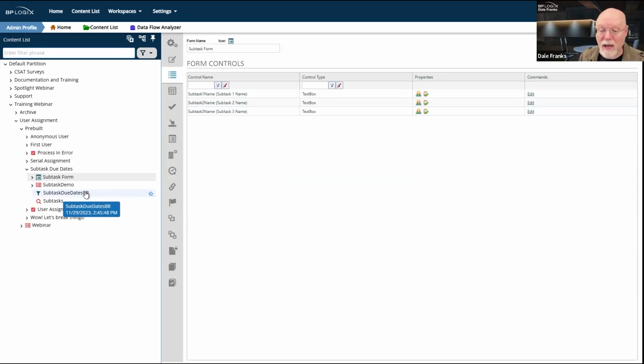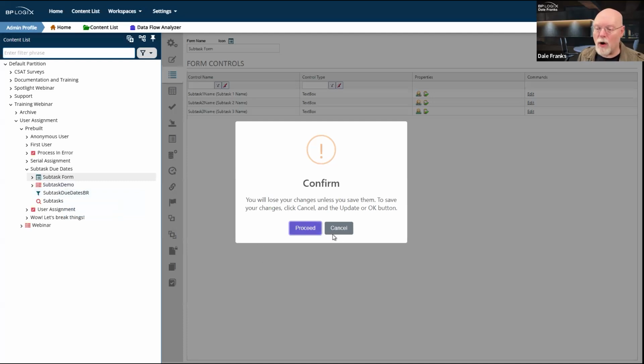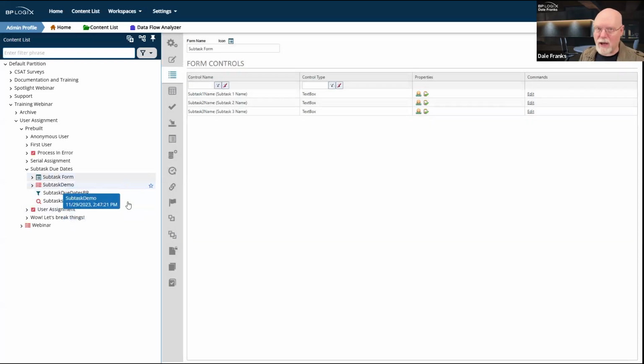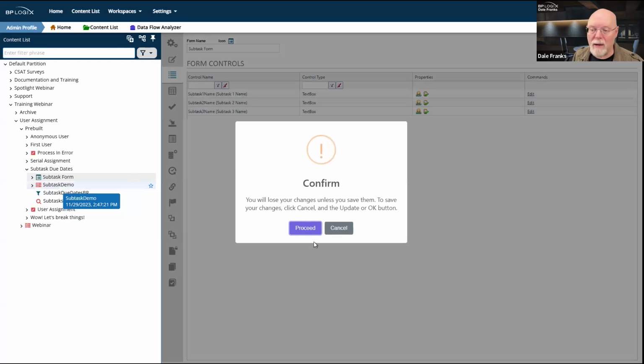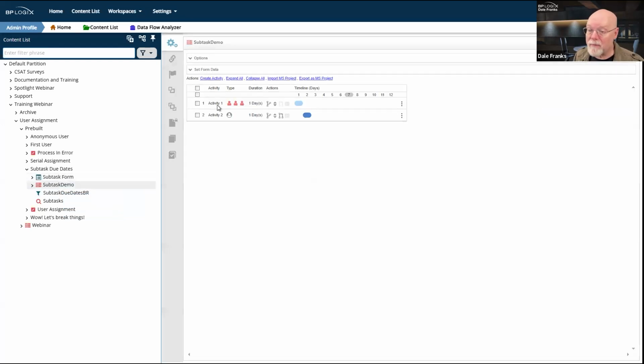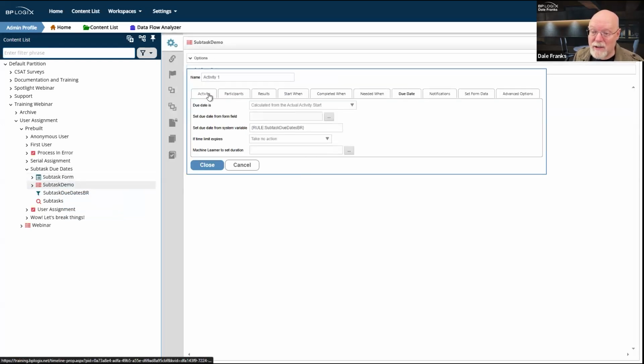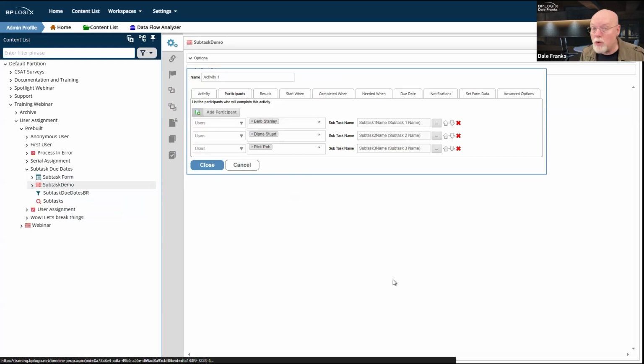which, by the way, is a new thing. Prior to a year ago, that wasn't in the product. I think we stuck that in the product in October, although for most of you, you didn't see it until you got version 6.0. Prior to this, I could not run separate subtask due dates. All the subtasks had the same due date. With the ability to set separate subtask due dates now, each of these subtasks that I have in my process timeline are essentially separate tasks, each of which have their own due dates now.